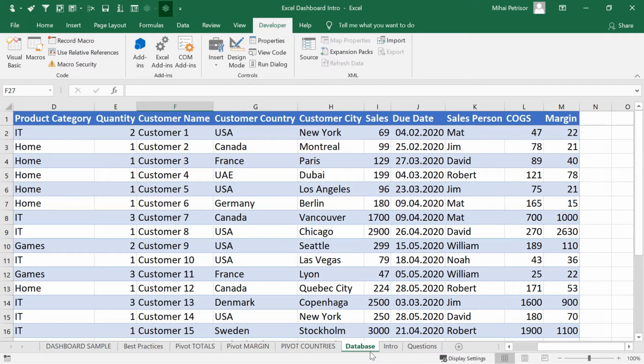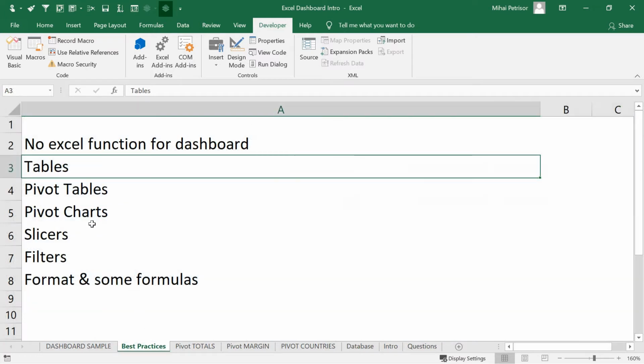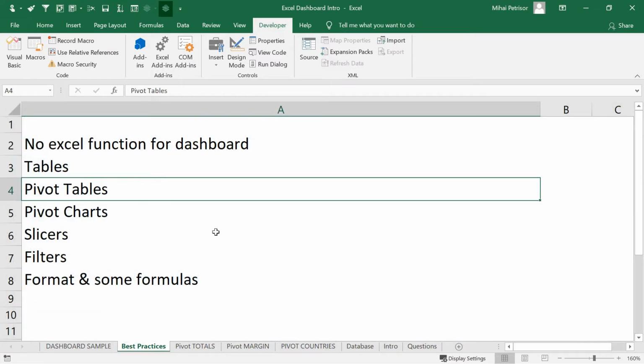This is our database. Then you can work with pivot tables, and the most common working method in the dashboard environment is to use the pivot tables and pivot charts.